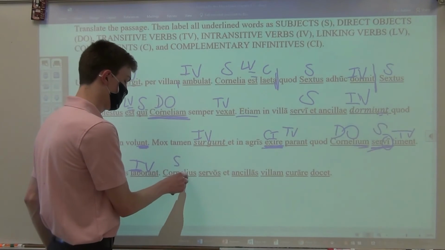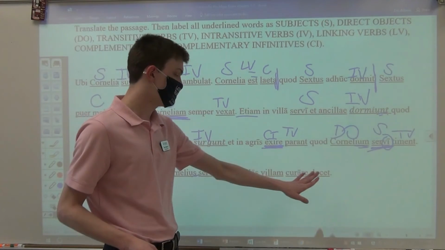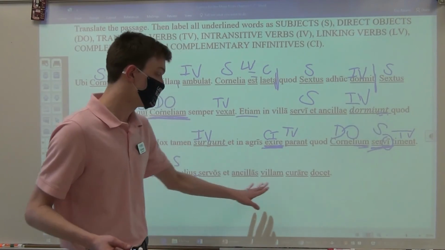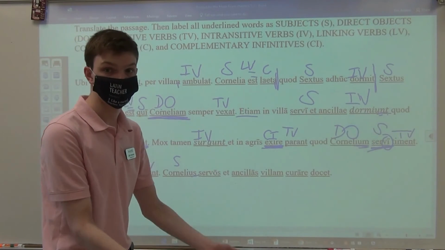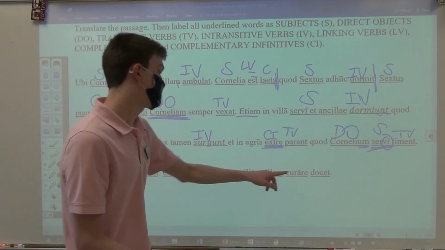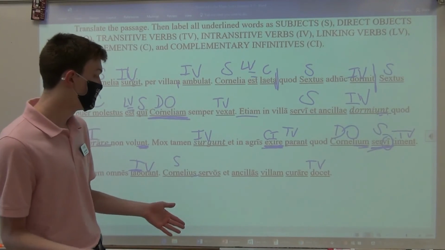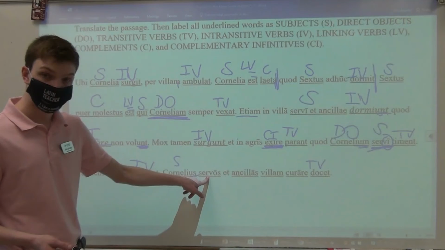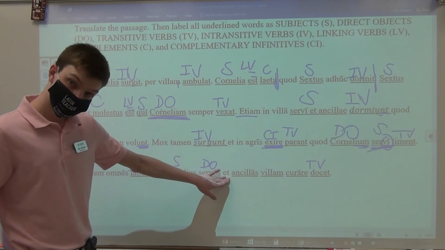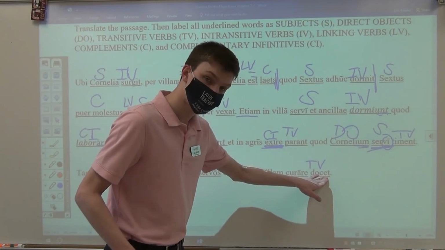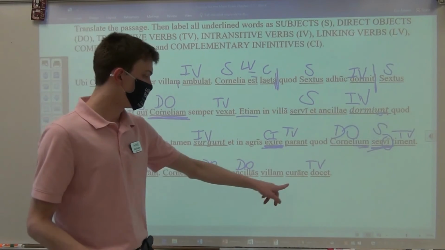Cornelius, our subject, because of the US, we know it's our subject. Cornelius, he teaches, docet, we learned this word recently, to teach. So he teaches, what does he teach? Who does he teach, right? So Cornelius teaches, so we know this is a transitive verb because we're looking for something that he is teaching or who he is teaching. So Cornelius teaches the slaves, the servos. So this is our direct object. And he is teaching, you reuse the verb, the slave women, the slave ladies, direct object. He teaches them